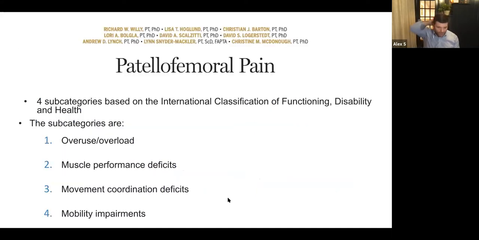And so, as we spoke about in 2019, the clinical guideline classification has 4 subcategories based on the International Classification of Functioning, Disability, and Health. So overuse and overload, muscle performance deficits, movement coordination deficits, and mobility deficits. So once again,